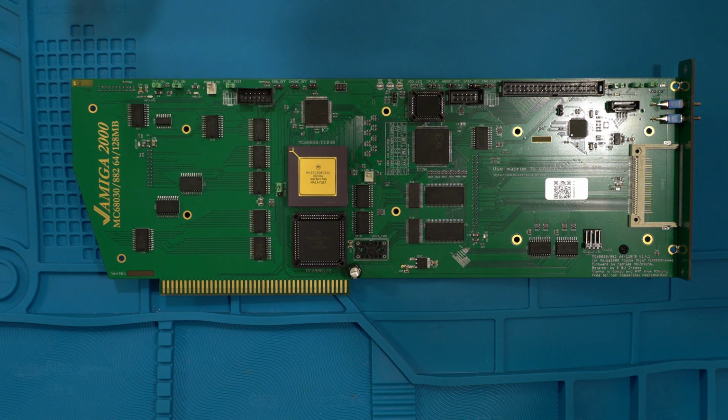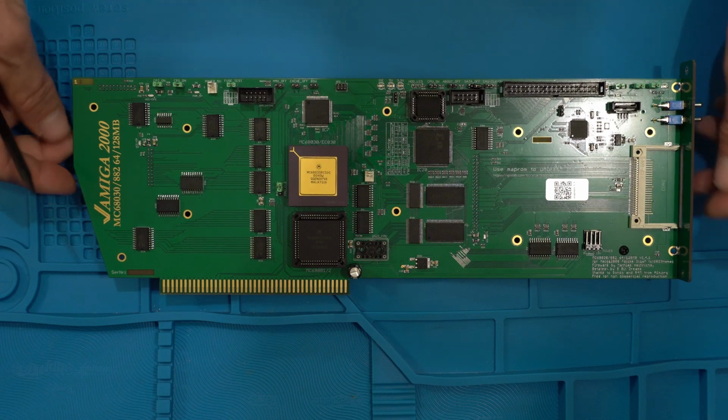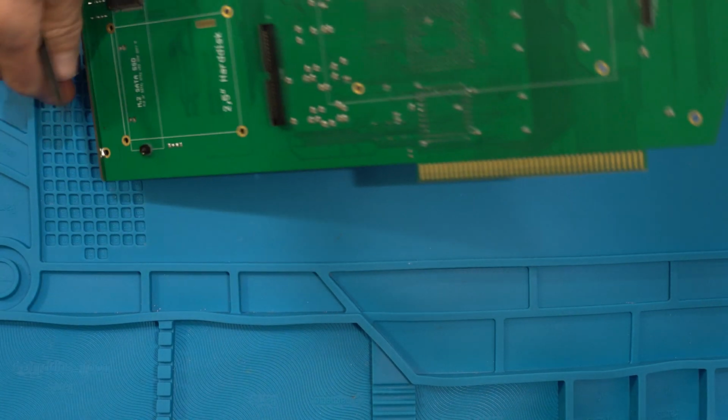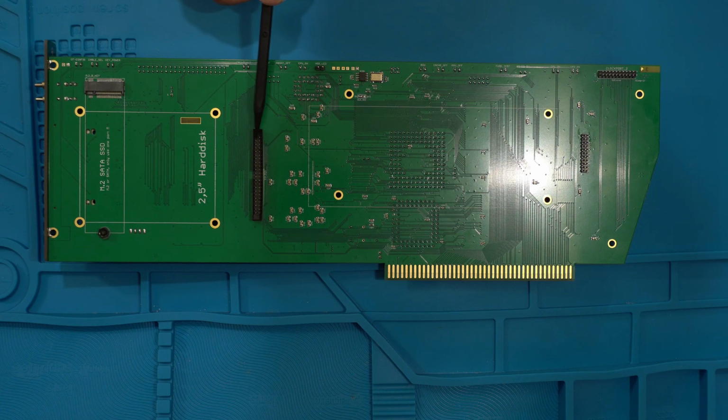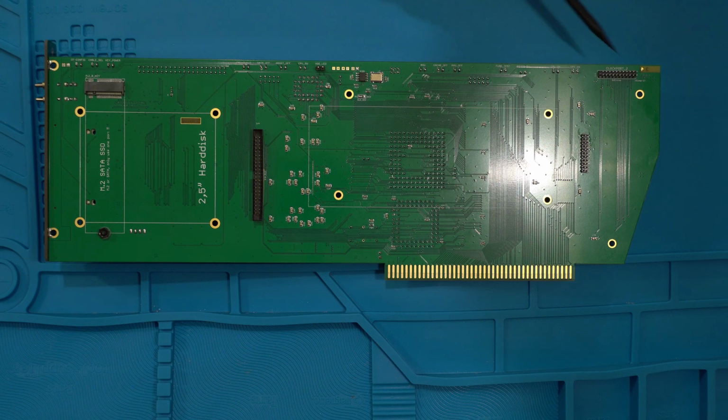It gives you, well, I'll also flip it over to this side and keep you in frame. It also gives you, yeah, there we go. There's the 44 pin IDE header, so you can put a laptop hard drive on here or anything else that is 44 pin. And you can also use a SATA M2 if you want, but it also has clock